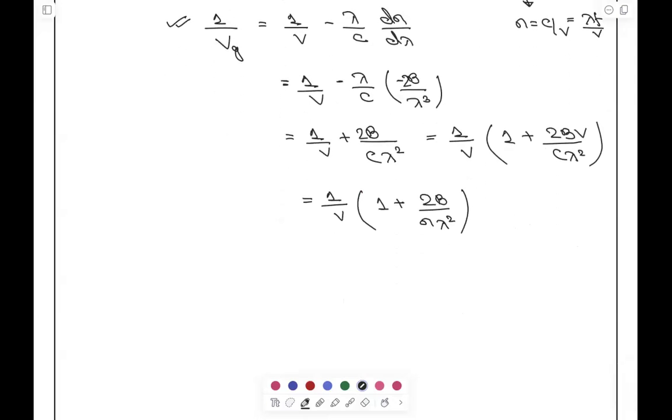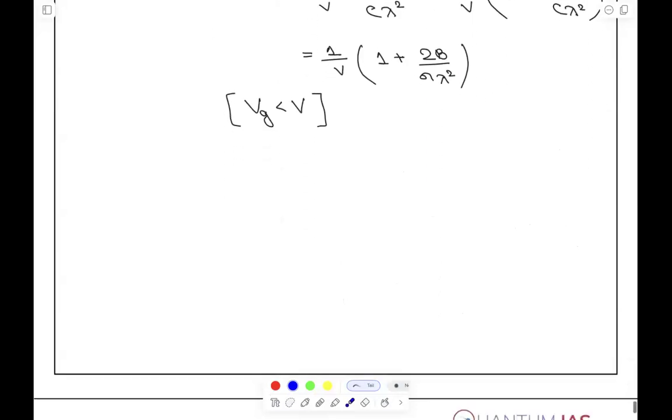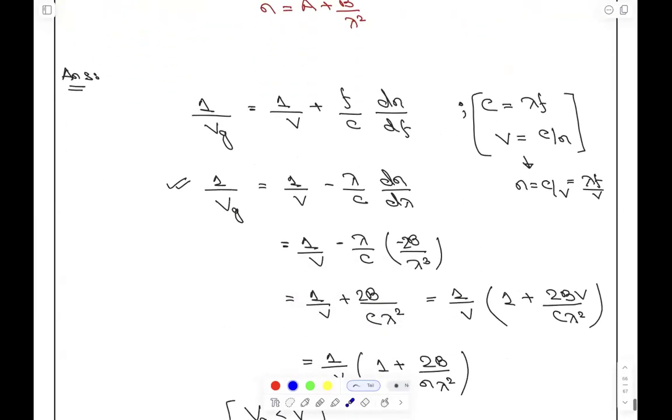जो भी है। From here can I conclude that vg is less than v? This is what we have to conclude. Whatever this thing, this will be a positive one, yes or no? Greater than 1, v and lambda square, all those things are there. So can I say that v is greater than vg, yes or no? Everyone, कह सकते हैं ना या नहीं कह सकते? सर ये तो ऊपर से ही कह सकते थे ना सर। कहाँ से कह सकते थे भाई, ये तो पुट करोगे तब सर तो। हाँ बिल्कुल, कह सकते थे वही तो।